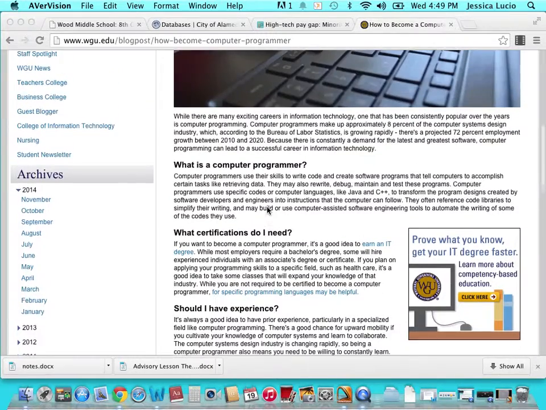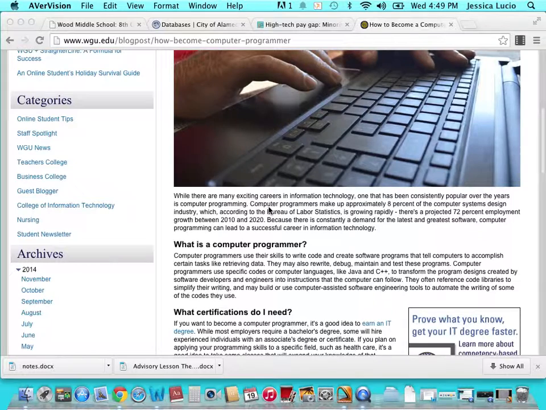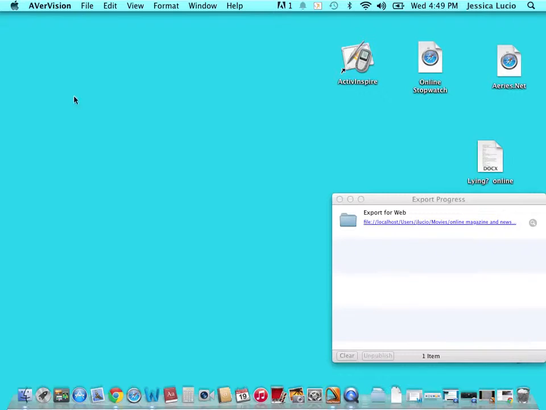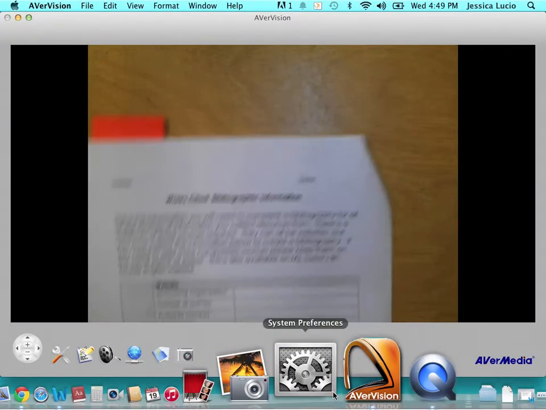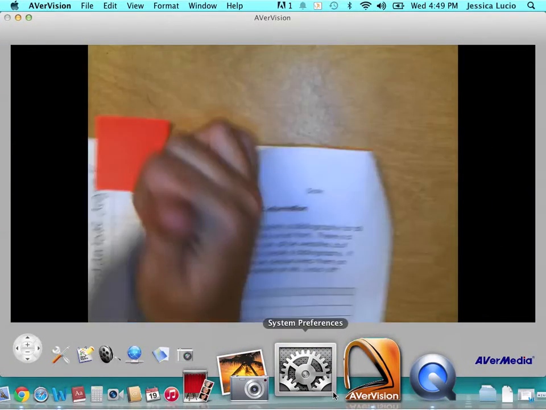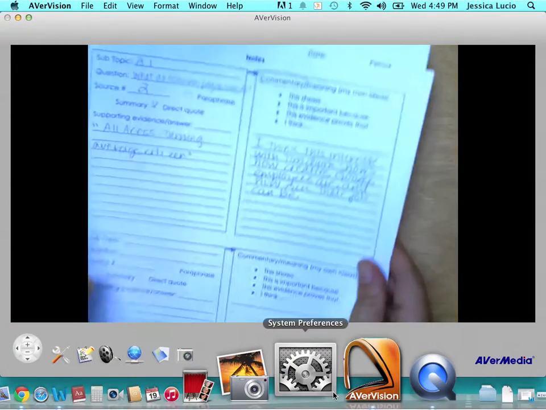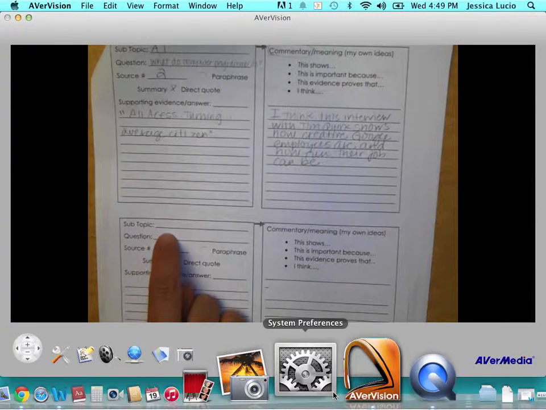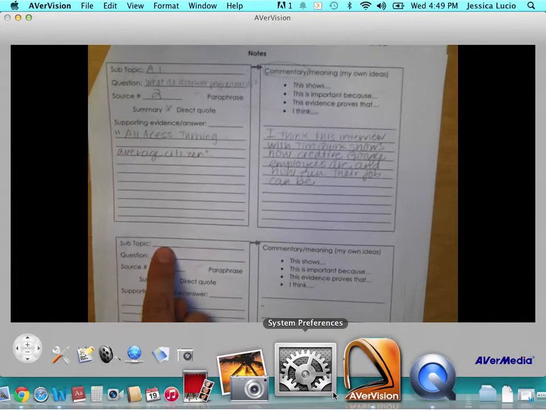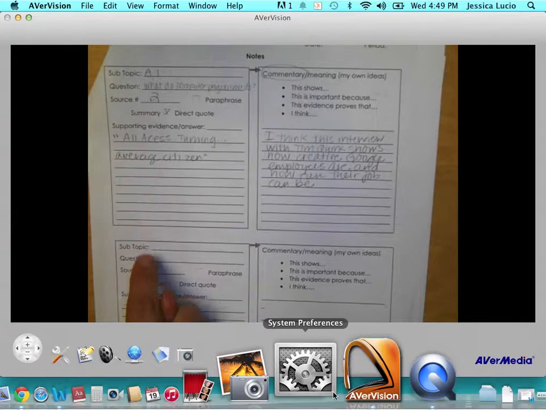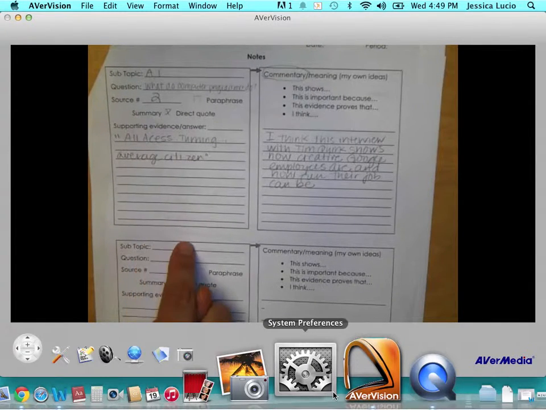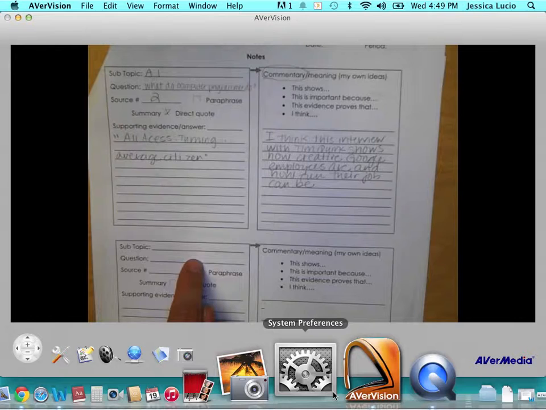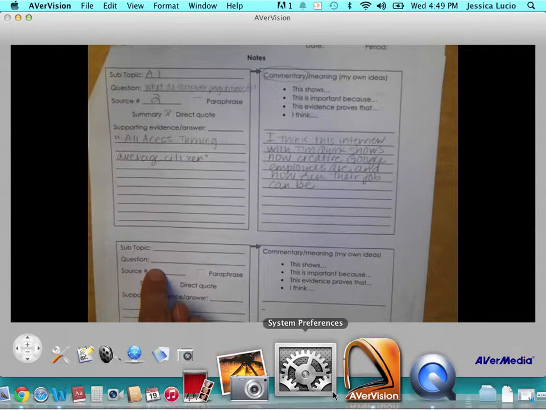If I'm going to continue to use this website and take notes, then after putting it in my works cited document, I need to turn to my notes page, and now this is going to become my subtopic, and it's a new subtopic, and I can have more than one, which is why you can just put A instead of the whole title. So you're going to put your subtopic in, the question that you're answering, the source, and now this would be source number 1 from my